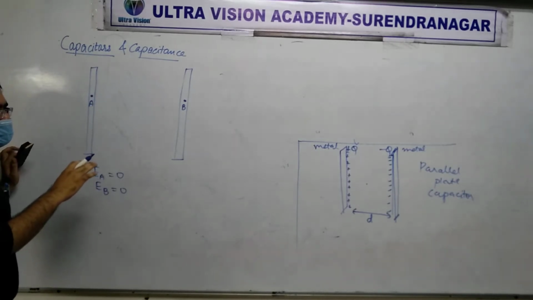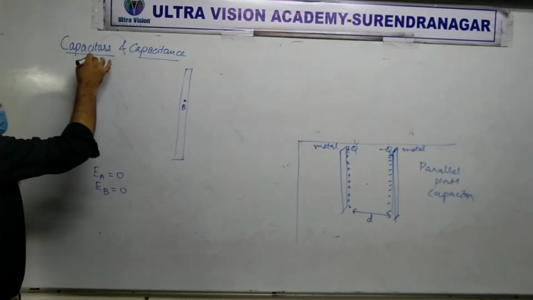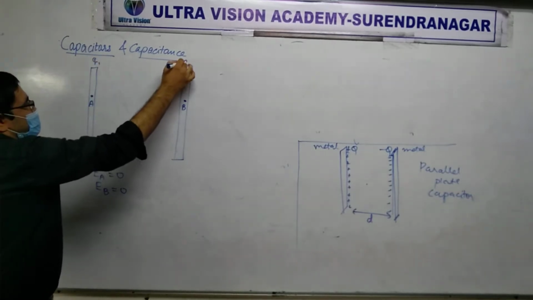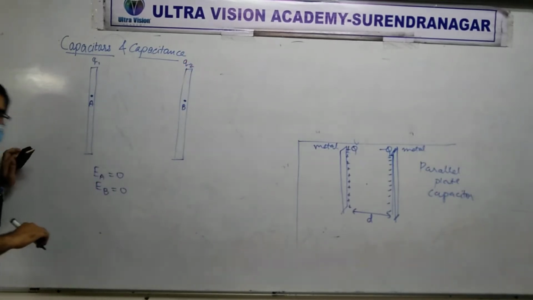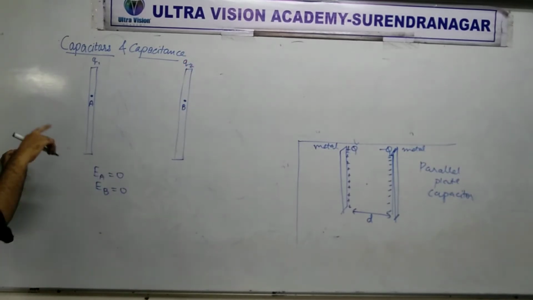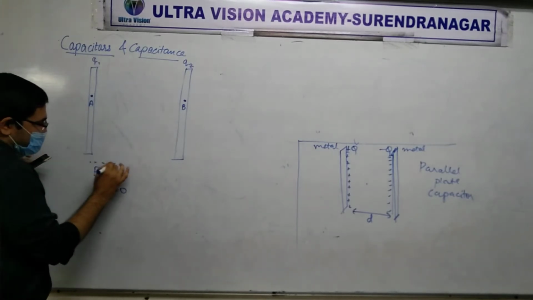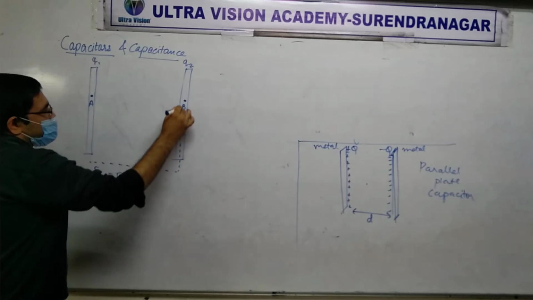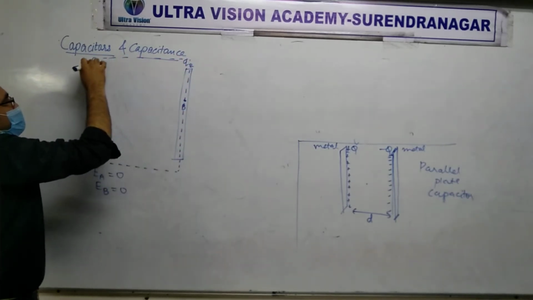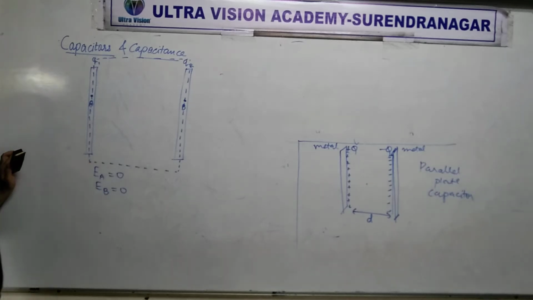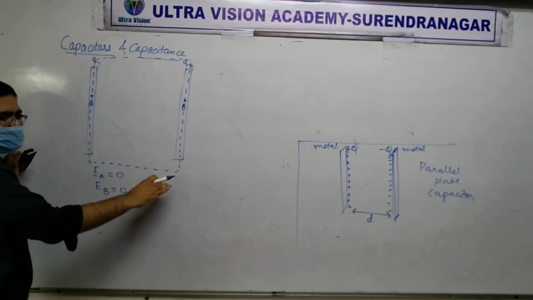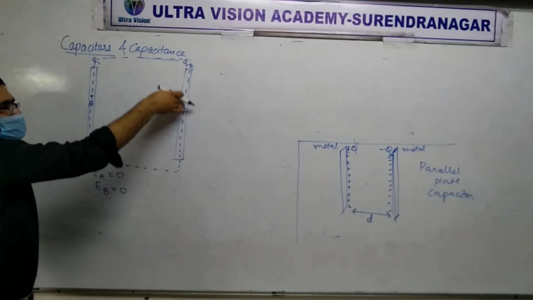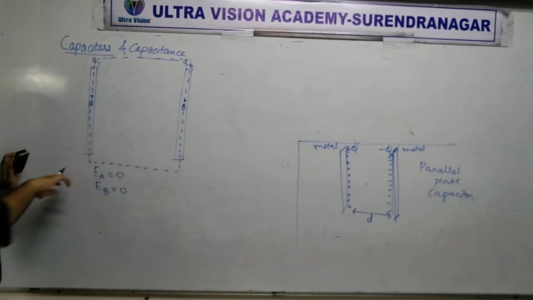Further, suppose you say that this is a capacitor with some charge. Suppose this whole plate has a charge Q1 and this whole plate has a charge Q2. If I draw a Gaussian surface like this, I'm being very careful how I'm drawing it. Over here I'm drawing it outside the region of the plate, and over here I'm drawing it through the plate. Did you understand?